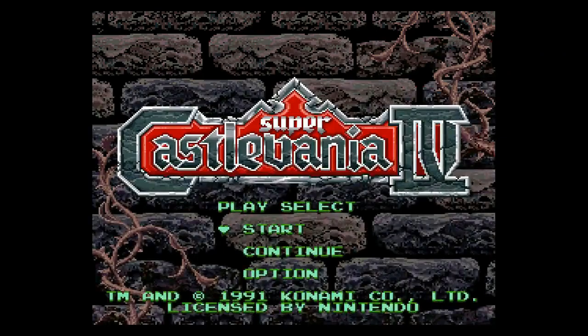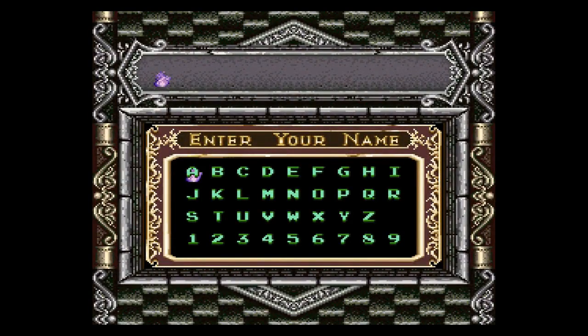Well, I didn't hit start fast enough. Okay, I gotta stop talking. I actually gotta start playing this game. I legit want to, like, actually sit down and beat this game. So, okay, enter your name. I always go with J or something like that. Let's go with, like, a medieval monster hunter name. Like, how about,